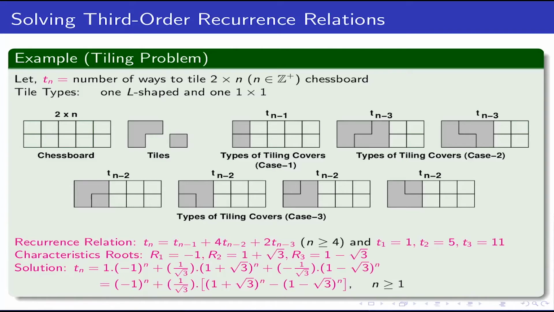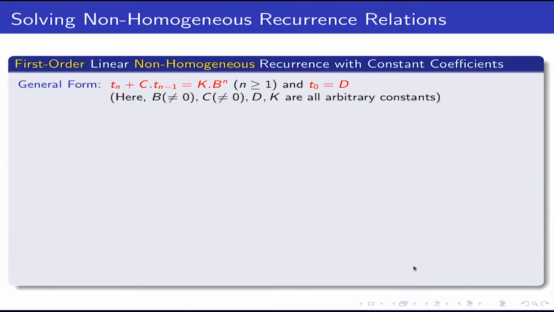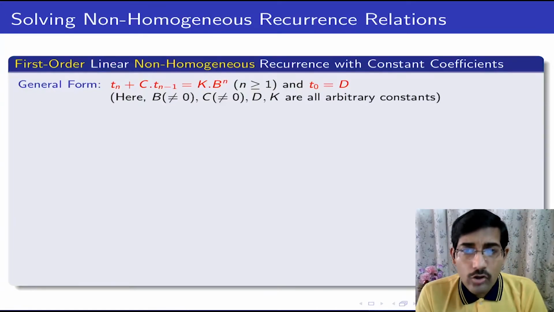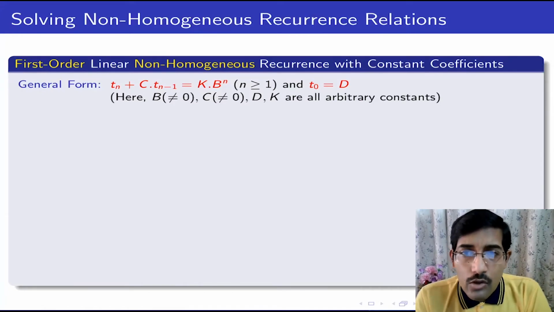So all of these we have discussed till now, either first order or second order. We primarily considered the homogeneous case, that is the function is 0. There is no added function apart from the terms with constants. See, in this example also we haven't added any function. But generically, if we have a non-homogeneous recurrence, so for the first order non-homogeneous linear recurrence, we have seen